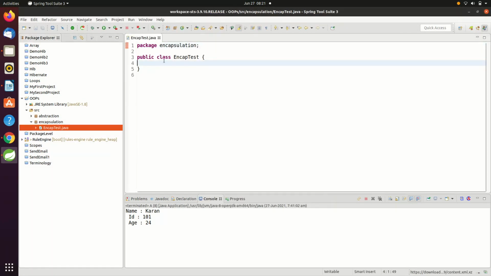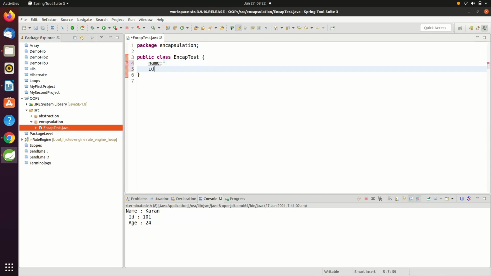Now what I need is private variables. We will take variables of an employee, let's say name, ID, age. You will need a data type.